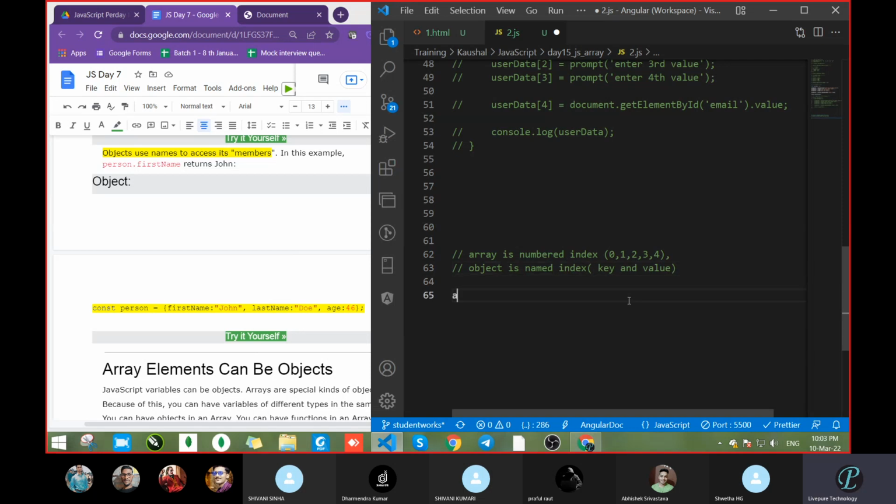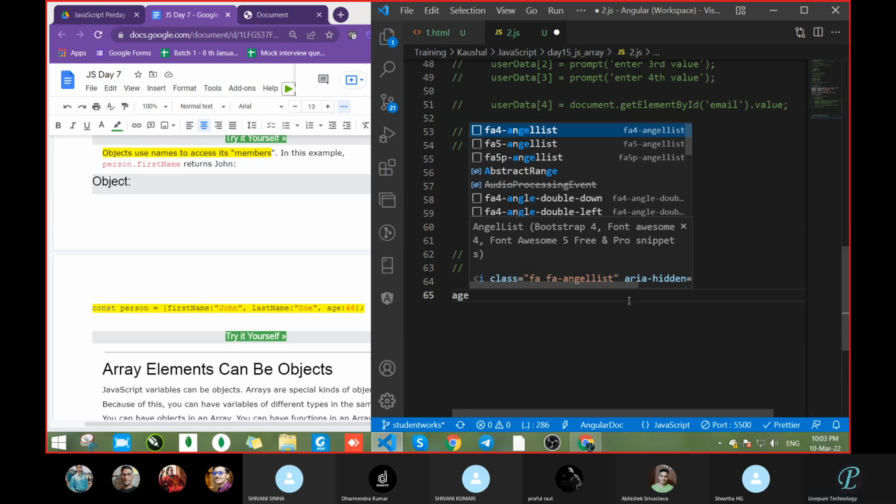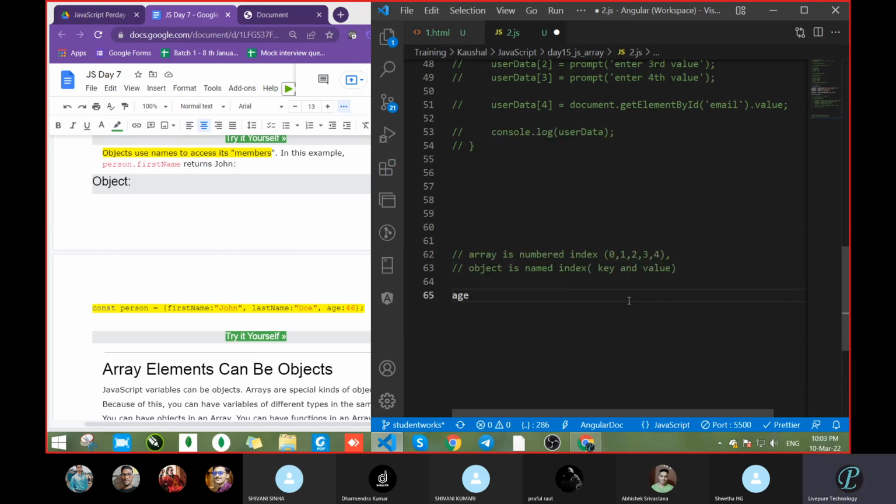Suppose you have to create the ages of many members, but there is no particular name. Age equal to, you can pass like this: 10, 20, 30, 45. This will be a numbered index. If you have to store data like first name, last name, with key and value, you can go with an object.